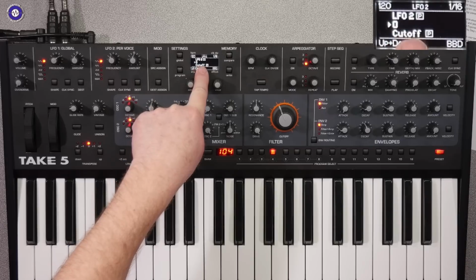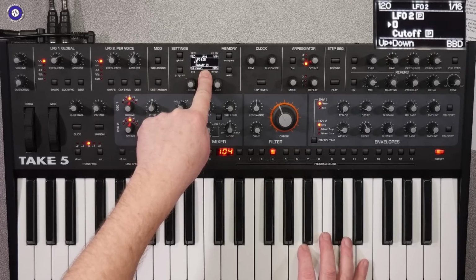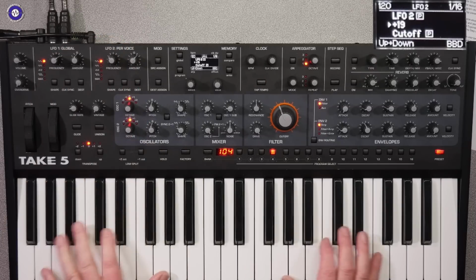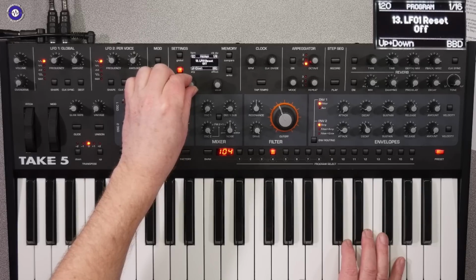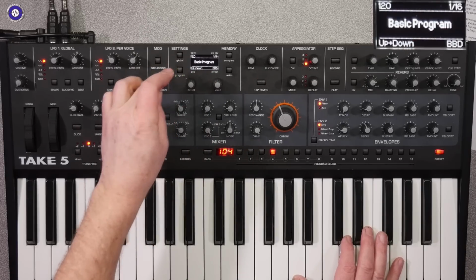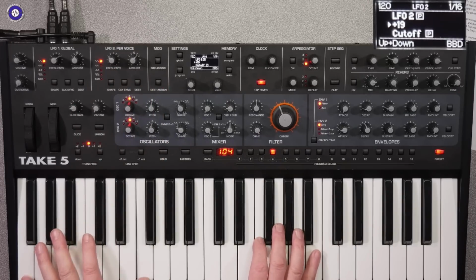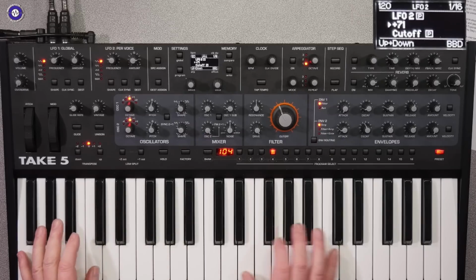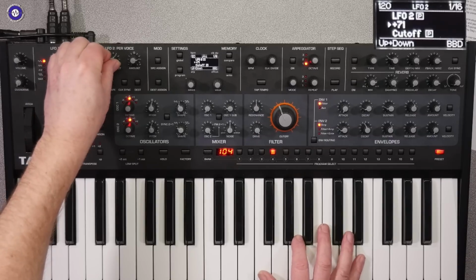And you can see I've got a P and a P by this, which is a poly LFO and a poly parameter. So let's just, I'll just make sure that I've got, we can set unison, we can have reset off, so there'll be free running. We have that cascading vibe, but then if we take this right up into as fast as it goes,